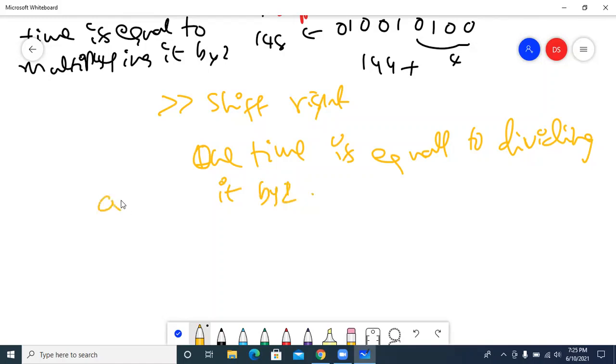So if I take A = 37, A = A right shift 2. Here the important thing is